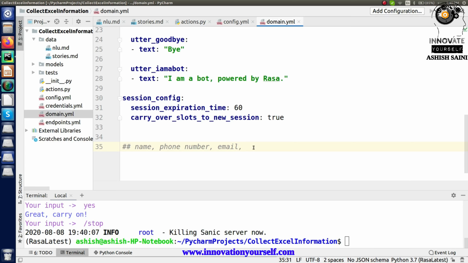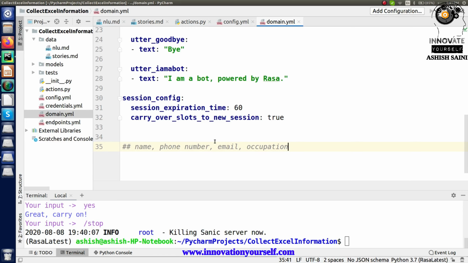Let's add one more value, occupation. So I want to collect these four pieces of information, and whatever the user provides, I will collect it and store it into an Excel sheet. And once I have values from multiple users, I want to perform another task, which is knowledge based.